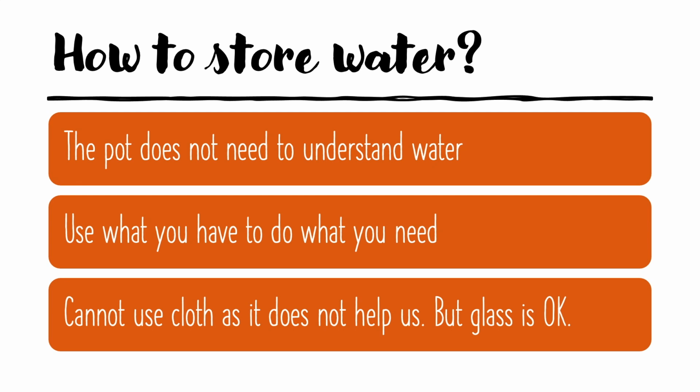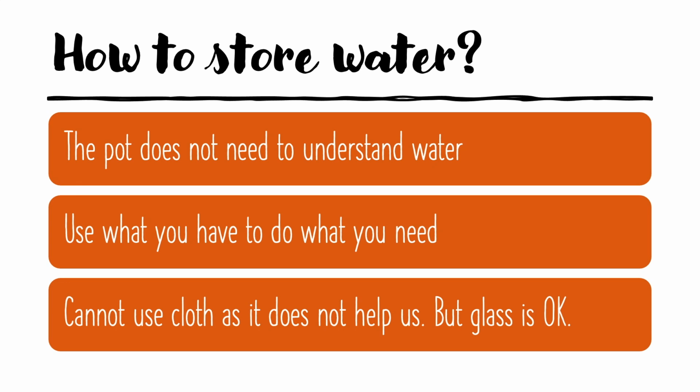Okay, so before we go into the wires, let us take an analogy. When you want to store some water, the pot that you use does not need to understand the water, right? So the steel does not understand what you are storing in it. You just need to figure out a way to keep the water in place until you need it back again. So you put the water in the jar and then you come back and take it out again when you need it. So for example, you use a mug for this.